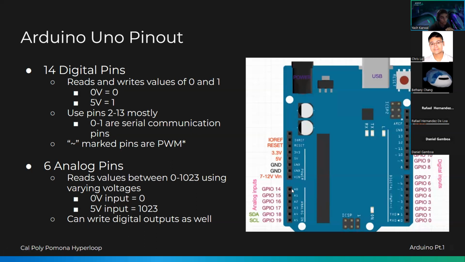You can also use these analog pins as digital pins as well. So we can output, or also read, digital signals, but their main task is to read analog signals. We can also talk about some power stuff here too. We have our main V-in, or voltage in, source through the main power or the USB. This can go from 5 to 12 volts, which is the